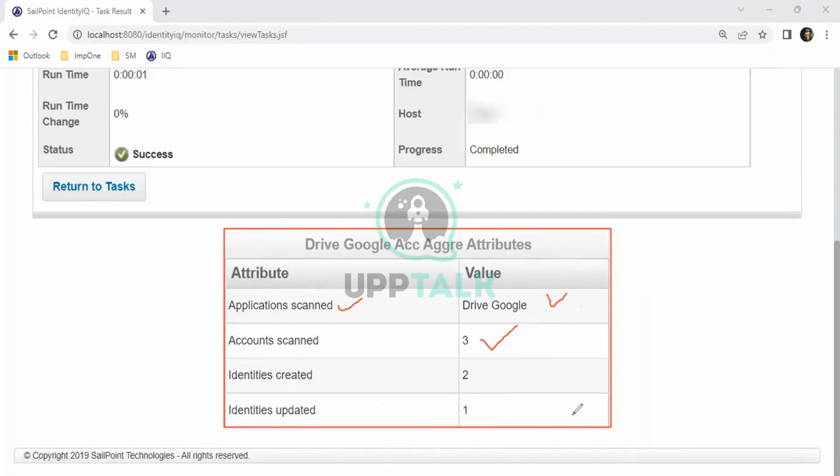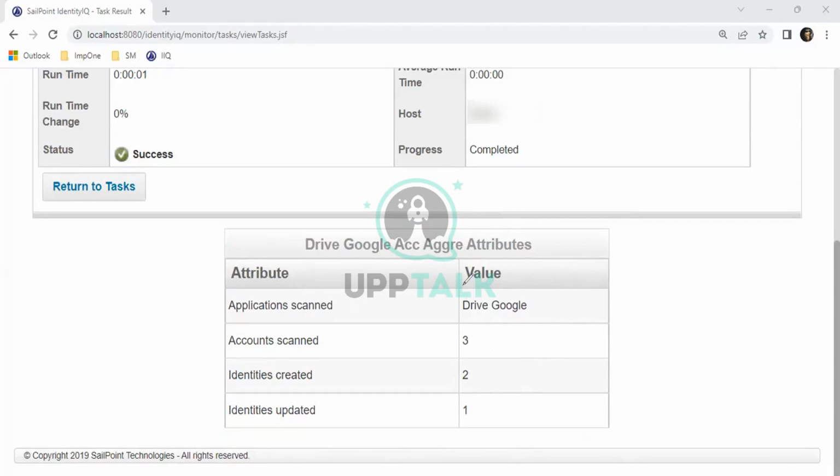Does that make sense? First we create the application and then we import identities. We are using aggregation. Why are we importing identities? Because we need to manage where we are going to get those identities from: HR, or the application team. The application team could be anything; for learning purposes, I have taught our people that since employees are going to join the organization, they are going to feed all the details in the Excel sheet. From there, I'm going to get all the identities. So aggregation is nothing but that.